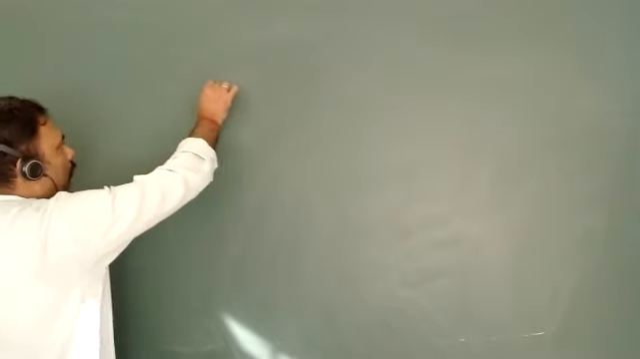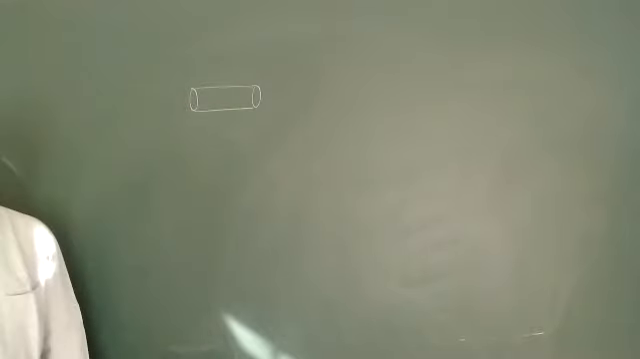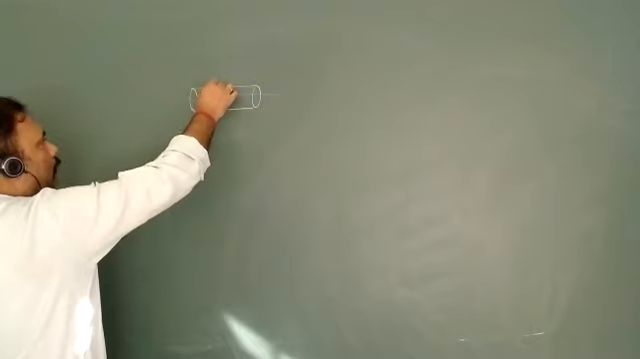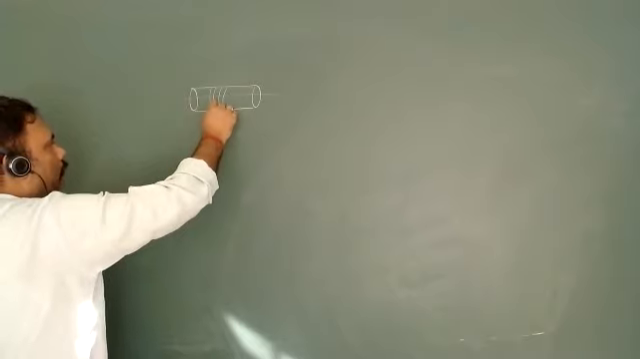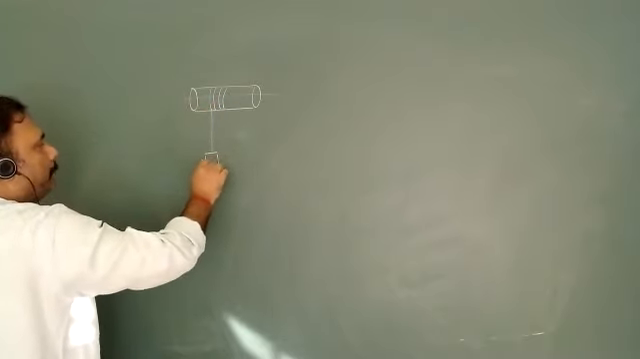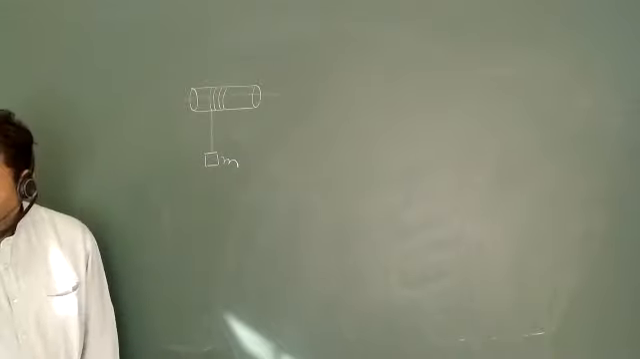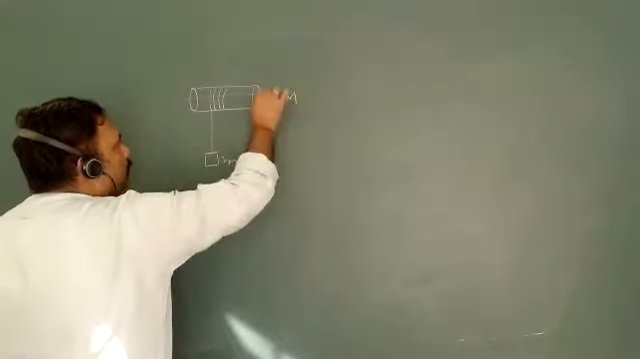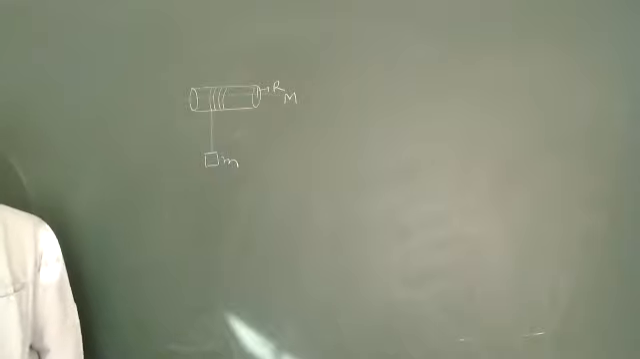We have a cylinder. This is my cylinder, and it is fixed at some point. We have a thread here, and there is some mass m. This cylinder has capital mass M and radius R. So what we have to do is calculate